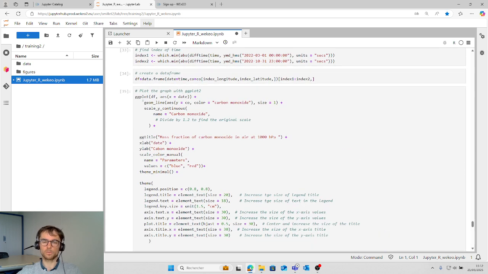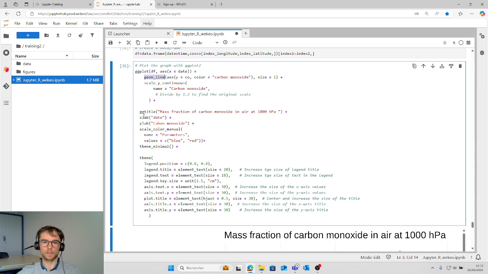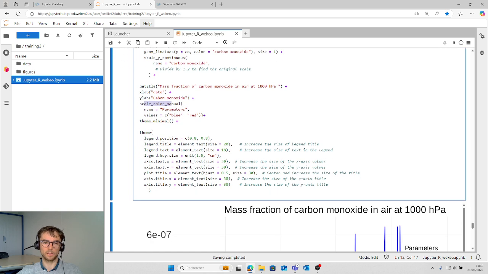For creating the time series, we use ggplot with the data frame. We create a geom line to create a line for the time series. Then we put the title, the color of the map, and here it is an aesthetic option.